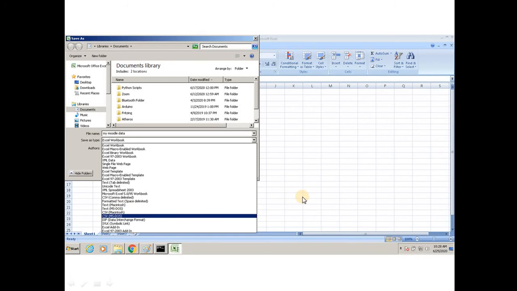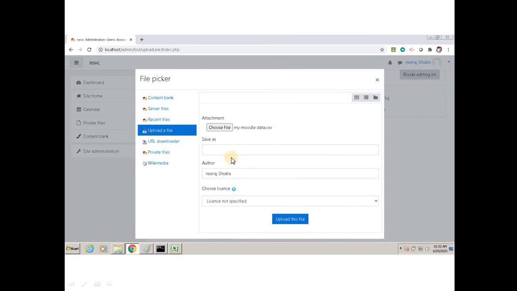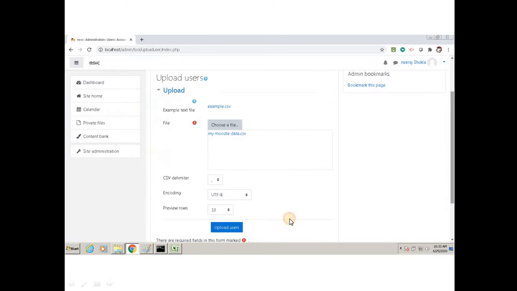Okay, so after selecting this, you have to choose that file. So choose file. When your file is chosen, it will look like this. My Moodle data, my file name is this, so it will be visible here. Then you have to upload this file. When you upload this file, it will be shown here.